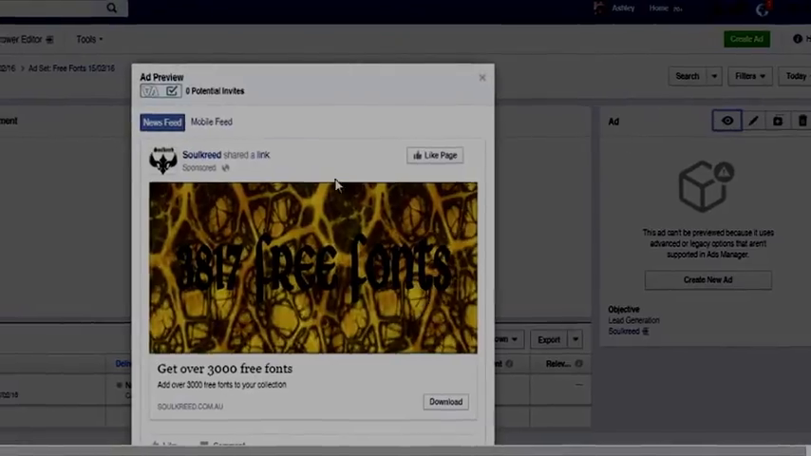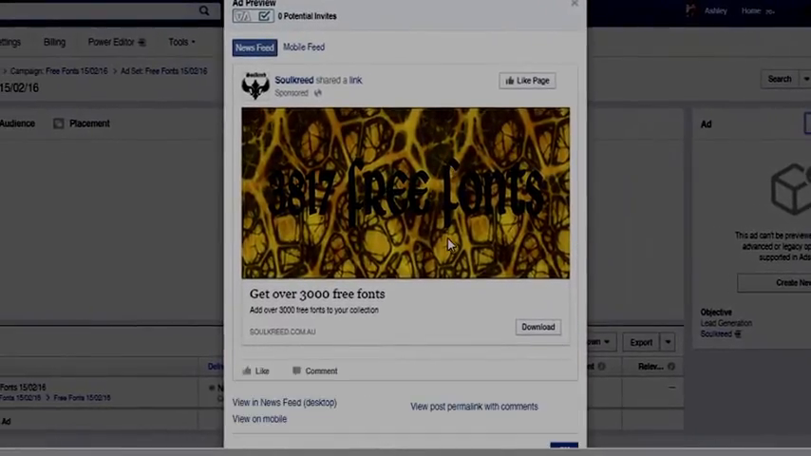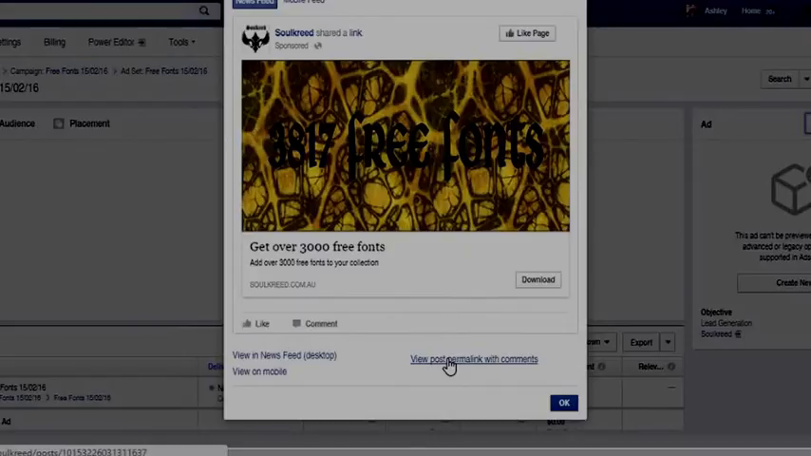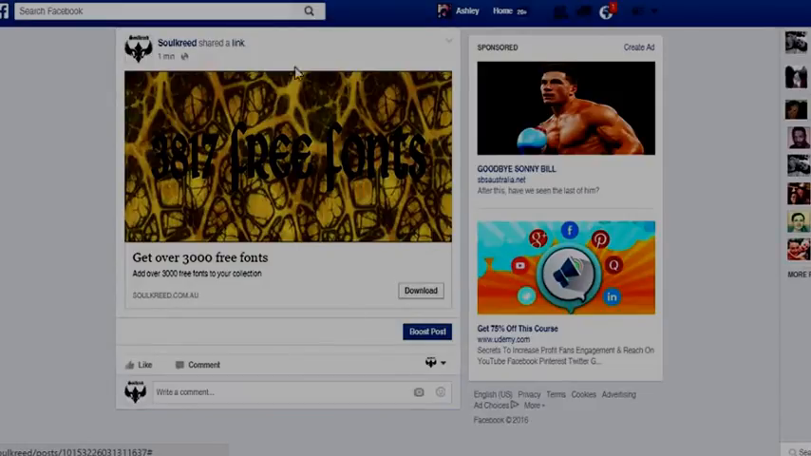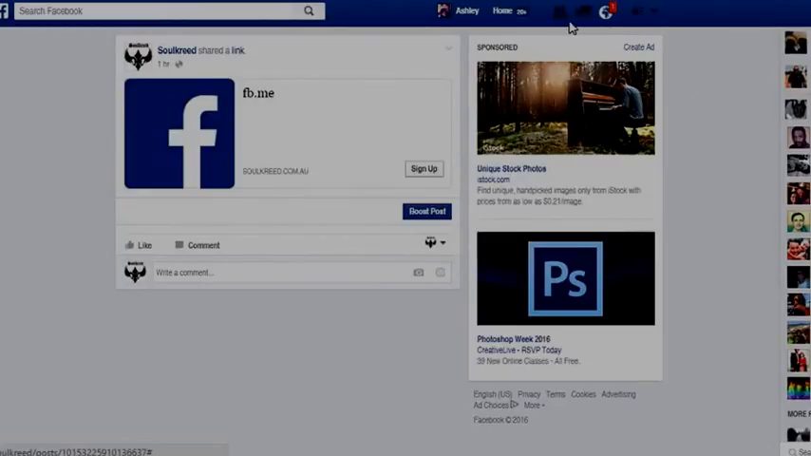and a little box will come up with the ad, and you want to go down to the bottom, and you see here where it says view post permalink with comments. You want to click on that, and it'll come up, and this is how the ad will look on your Facebook fan page and how it will look on any ads that you associate with it. So what you want to do is grab the link up the top here, copy the whole thing, and go to your Facebook fan page,